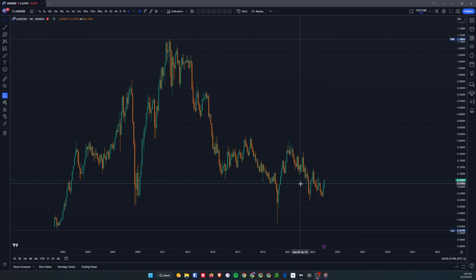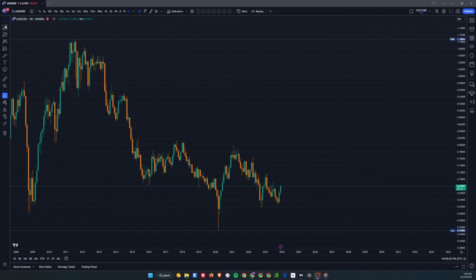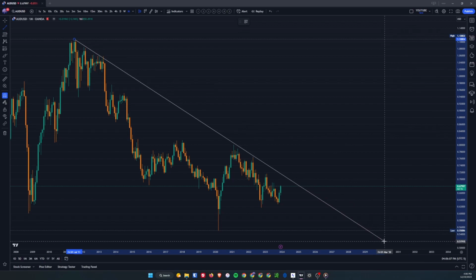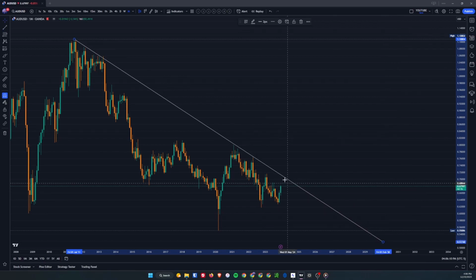Okay, so how do we use trend lines on multiple time frames? This is super key because you have to understand that every time frame gives you a different perspective on the potential price changes. And you have to understand the biggest time frames have the strongest influence and the strongest confluence and the strongest probability of working out. So if I draw a trend line on the monthly time frame, then there's a very good chance that it will get respected if it ever runs into this trend line,